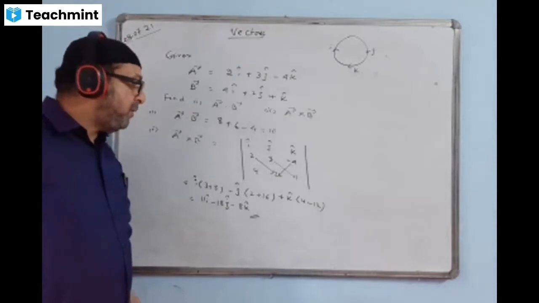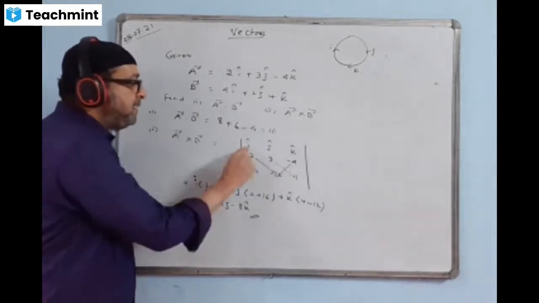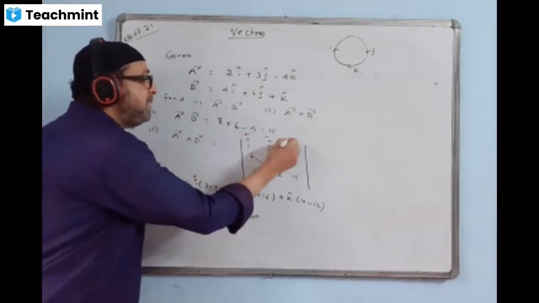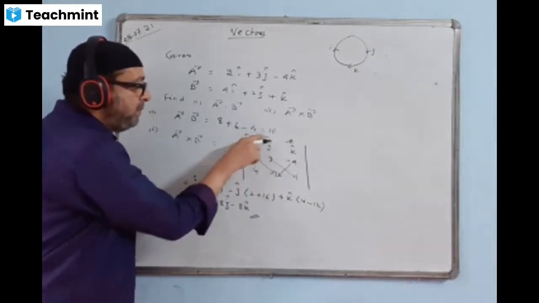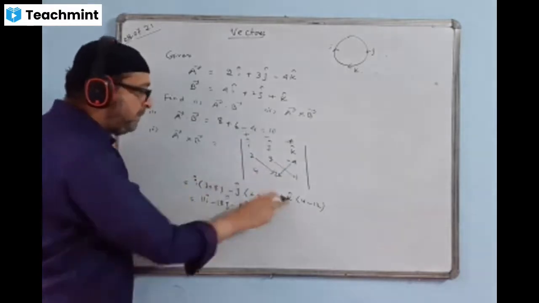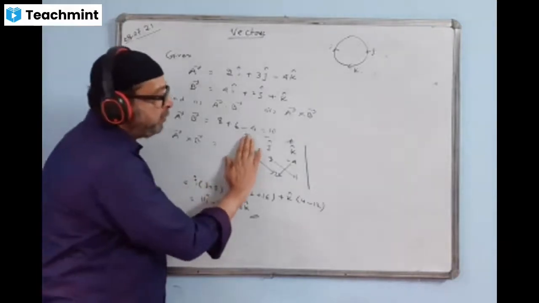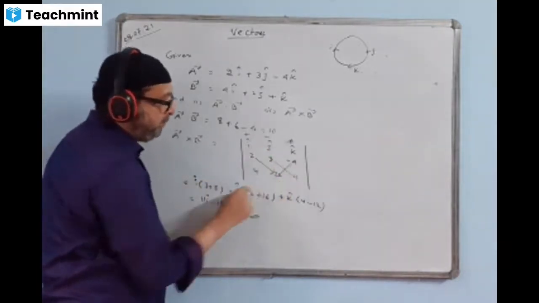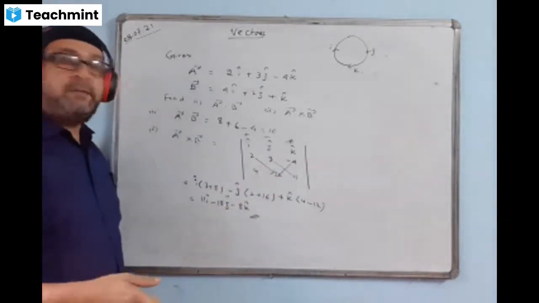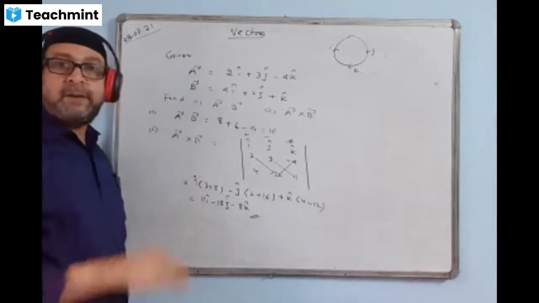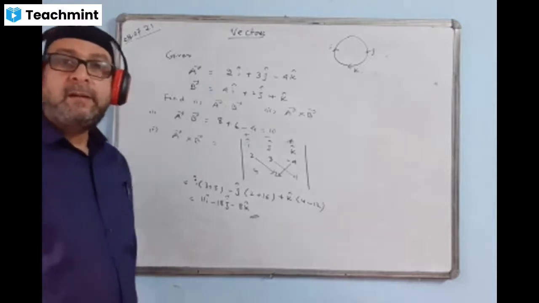Have you understood once again? The sign you take as plus i, minus j, then plus k. Sign is coming like this. This is plus, this will come minus, this will come plus again. So plus i, minus j, plus k we will take always. When you take i, you see the four things, 1, 2, 3, 4. From the top you will begin. Put a minus sign in between and then multiply the other corner. If the other corner is giving us a minus, then the middle sign minus becomes plus. Is it okay? Yes, sir.